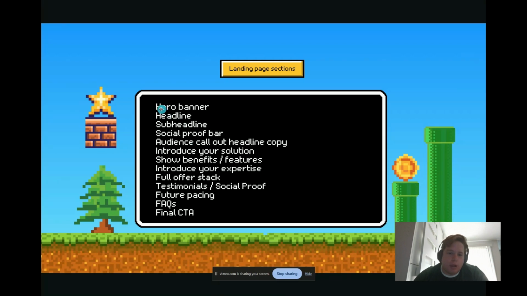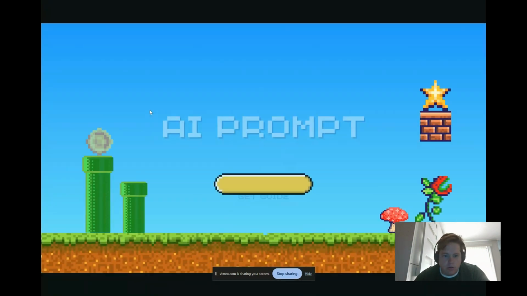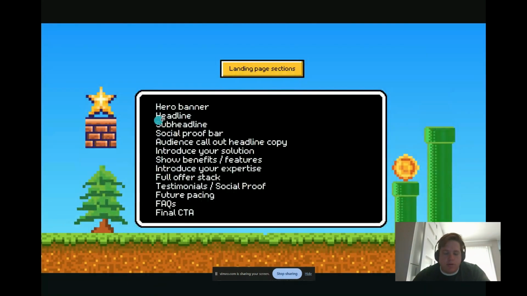Whenever I'm building a page, I like to just list out every building block, like Legos, every single section that needs to be on that page. That way, you don't get overwhelmed. You literally start at the first one here, the hero banner, move down to the headline, subheadline, all those things. And that way you have every element you need for your sales page. Some people may add a little bit more to one section or may not need a section. But again, you want to understand everything on that page so you can actually build it. So let's go over a little bit of each one.